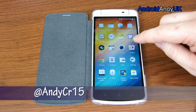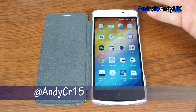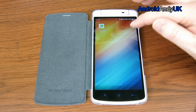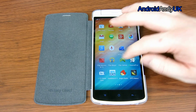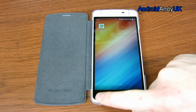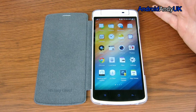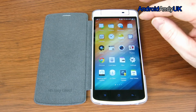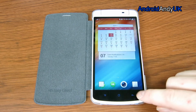Now this actually shows one of the first things I'm not too sure about. So the app drawer, what on earth order is it in? I guess it's in some kind of most recently installed, because I did install Edmundo Pro only this morning. Yeah, so it must be in that order, but from what I can tell there's no menu option, there's no choice. I just want it alphabetical. How on earth do I find things? It really baffles me why they think that would be a good idea. So starting off with a bit of a downer, but let's move on to some of the other stuff because